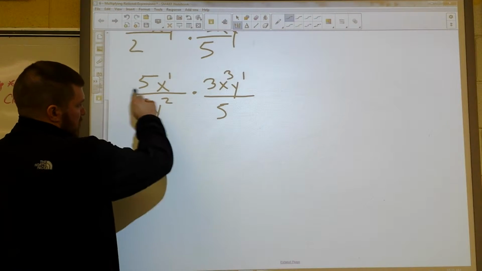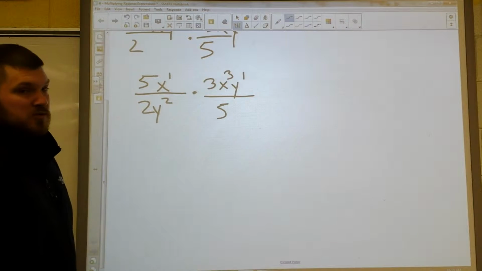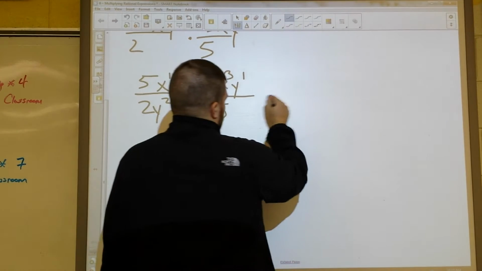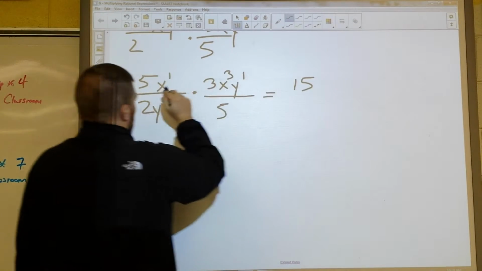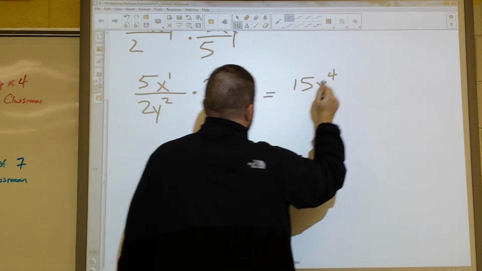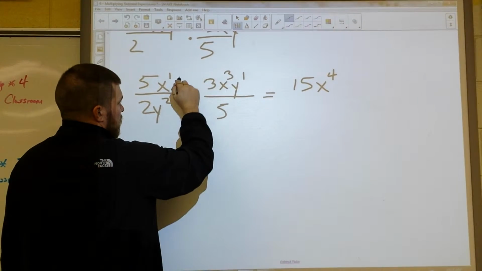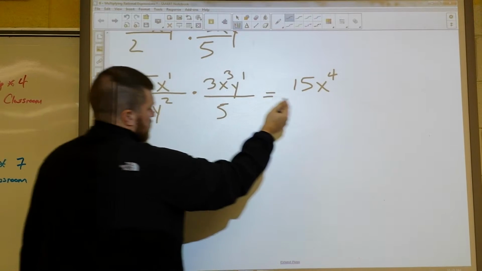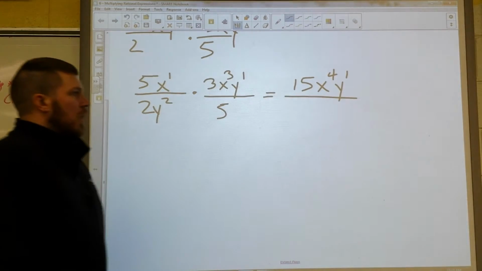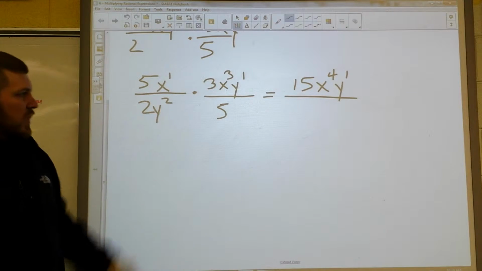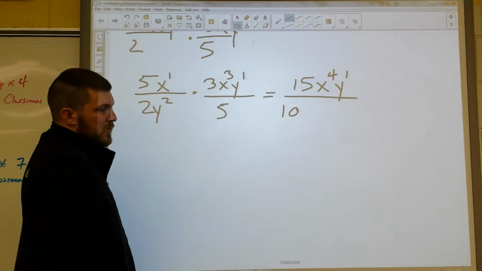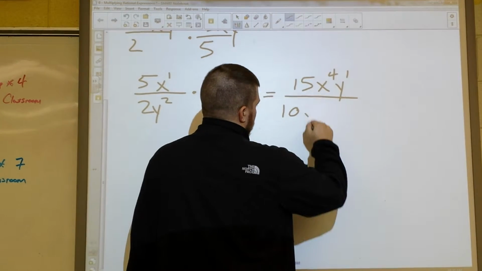All right, again, I'm just going to multiply straight across. So that means tops with tops, bottoms with bottoms. So I'm going to say 5 times 3, which is 15. X to the first times x cubed, which is x to the fourth. And then there's nothing times y, so I'm just going to keep the y there, so y to the first. Alright, now on bottom, 2 times 5 is 10. On bottom, there's nothing to multiply with the y, so he just comes along for the ride, so y squared